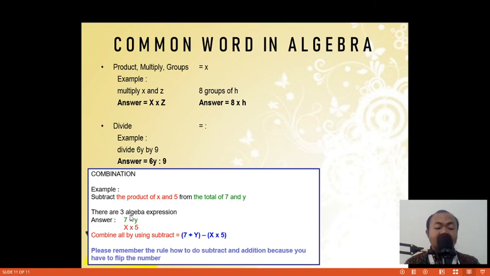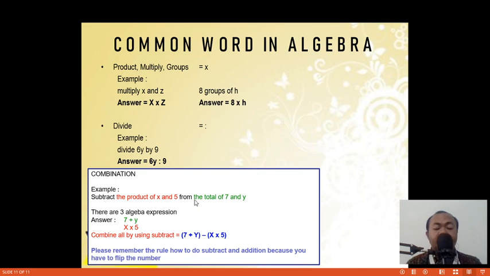There are three algebra expressions here. The first is the total of 7 and y, so you have to put 7 plus y. And then the product of x and 5, x multiplied by 5. And then remember, you still have subtract